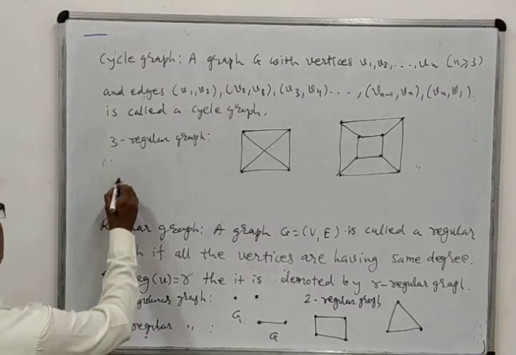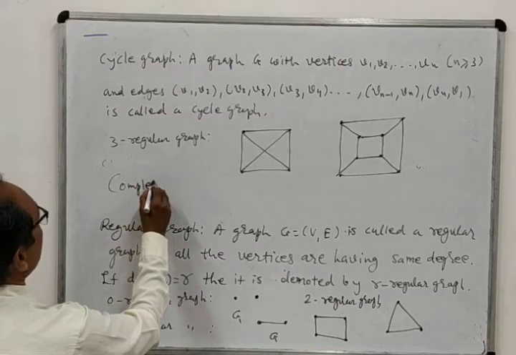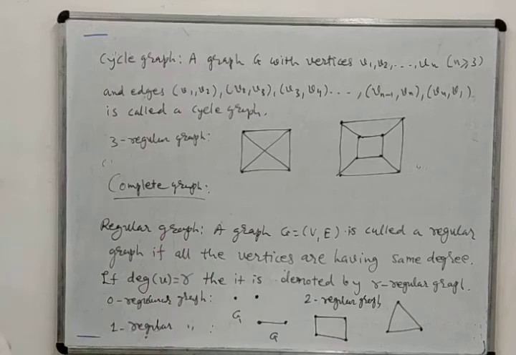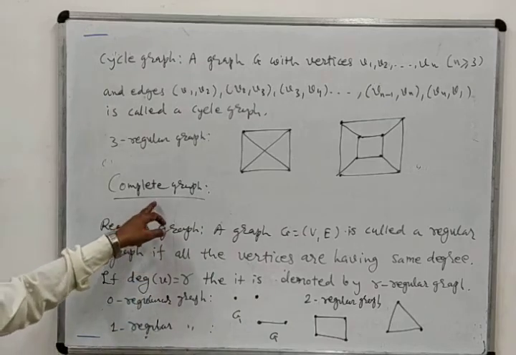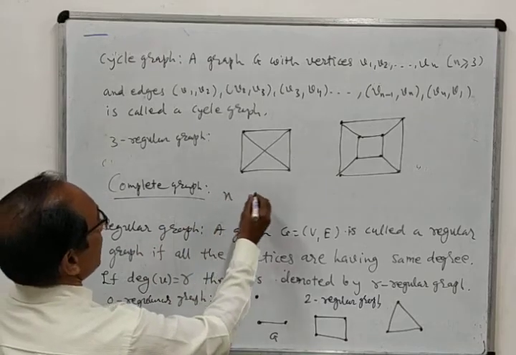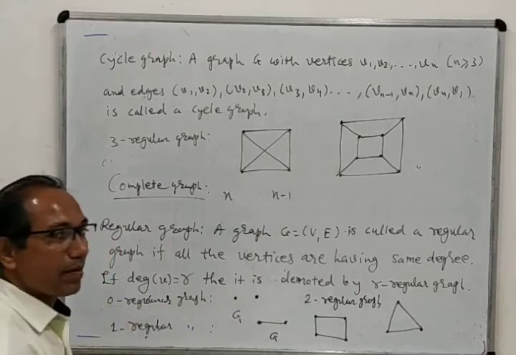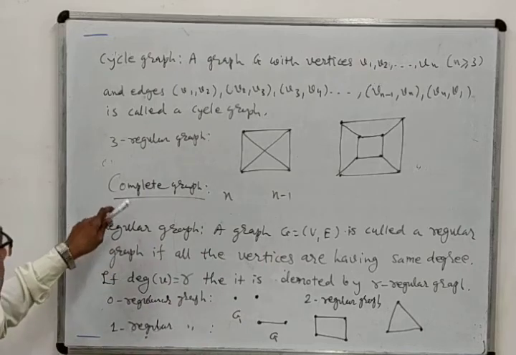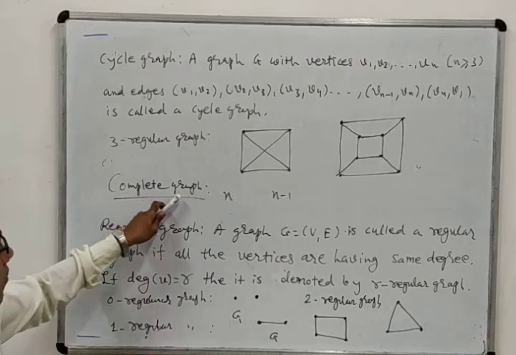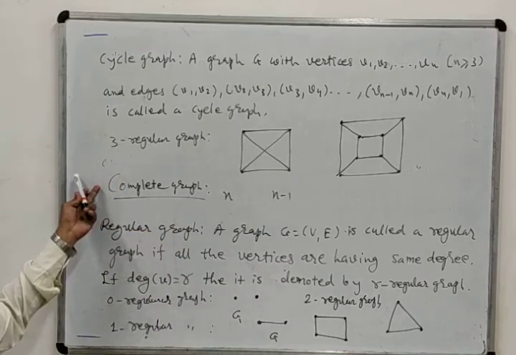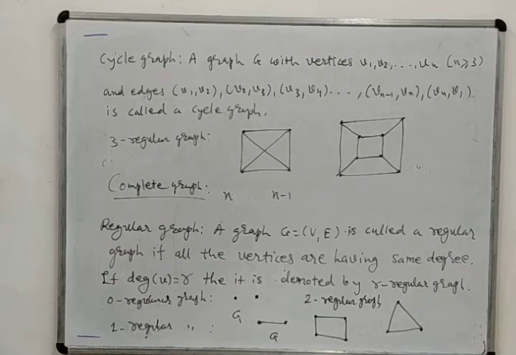We can also see a complete graph. In the last lecture we defined a complete graph. We defined that a complete graph means it is a simple graph in which every vertex is joined to all other vertices by means of an edge. That means if it has n vertices, then the degree of every vertex must be n minus 1. So the degree of each of the vertices is the same. So a complete graph is also a regular graph. That means here we will call this an n regular graph. But our regular graphs may or may not be complete graphs. Okay.